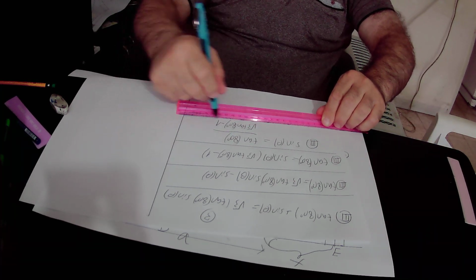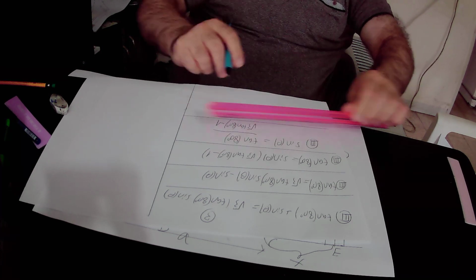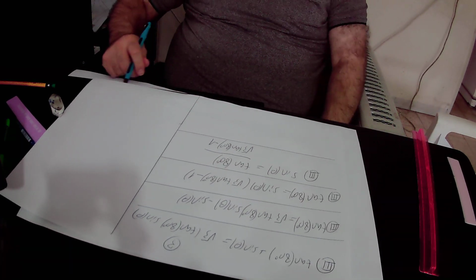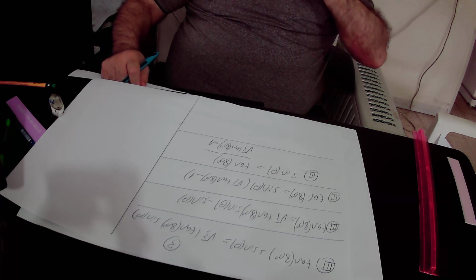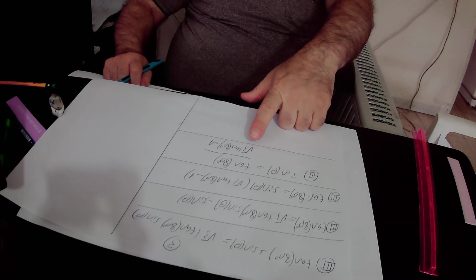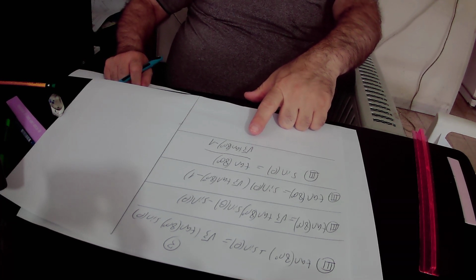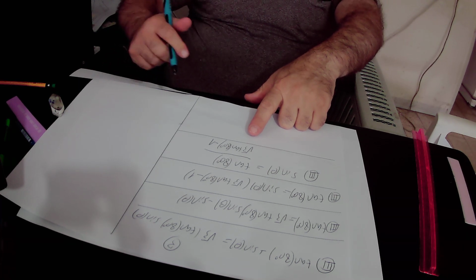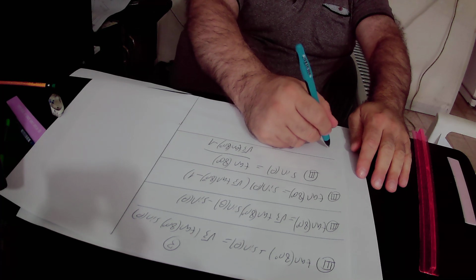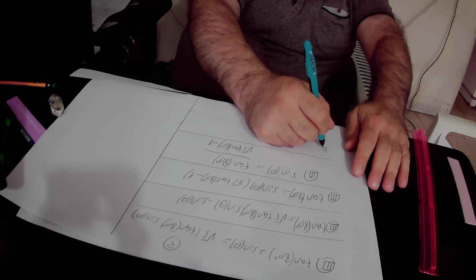Here we know that tangent 80 degrees equals sinus 80 degrees over cosine 80 degrees. So we will substitute tangent 80 degrees by sinus 80 degrees over cosine 80 degrees, both in the numerator and in the denominator, and we will get that sinus theta